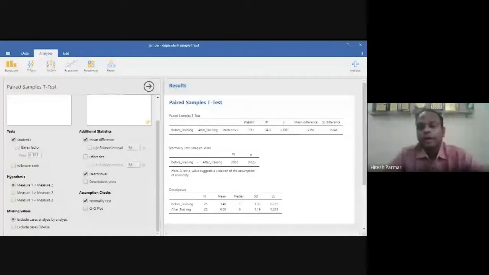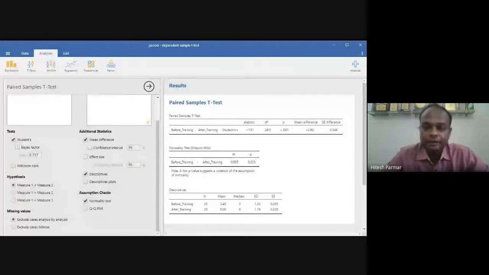Okay, now the question is, if your null hypothesis is rejected, it means that a significant difference is present. But if the after mean is lower, then also the test will say that the difference is significant. And if the mean is improved, then also the test will say the difference is significant, right?